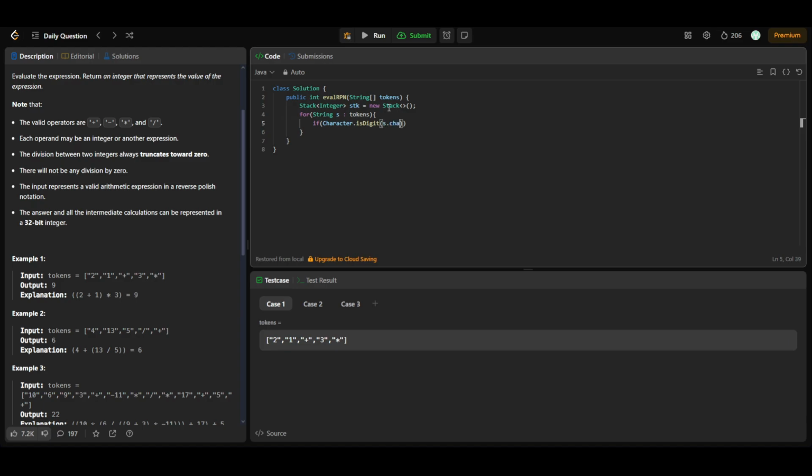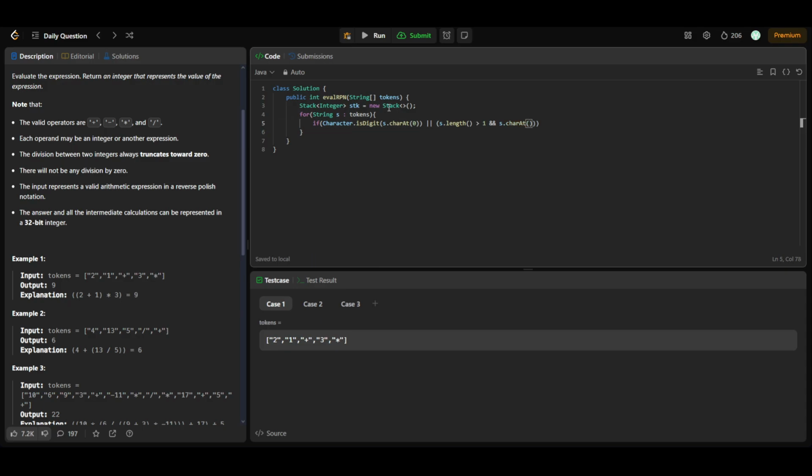So firstly we'll check s.charAt(0), that means at the first position a digit is present, or the length might be greater than 1, s.length is greater than 1, and s.charAt